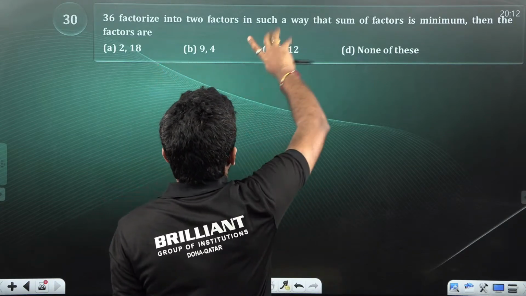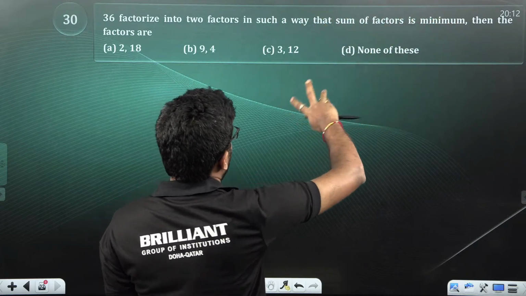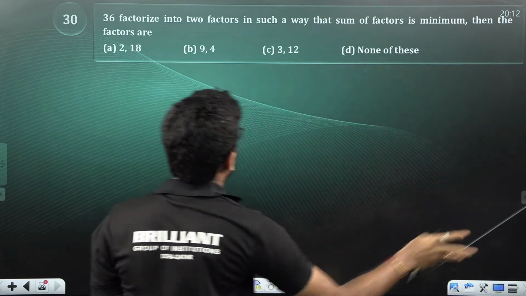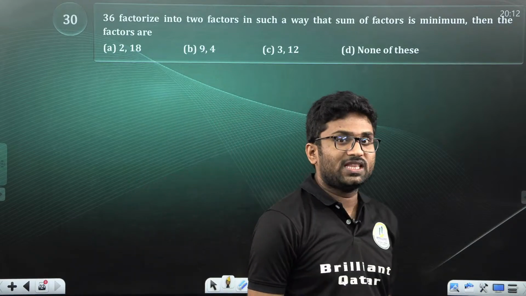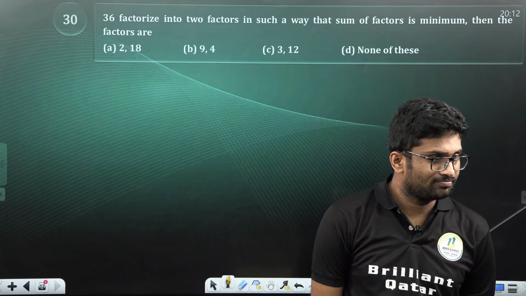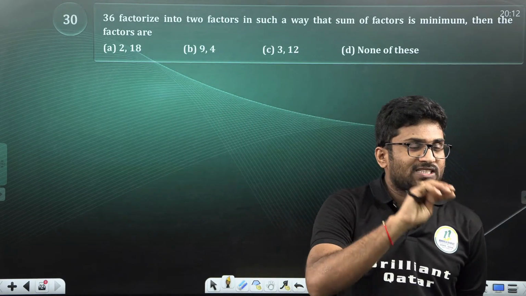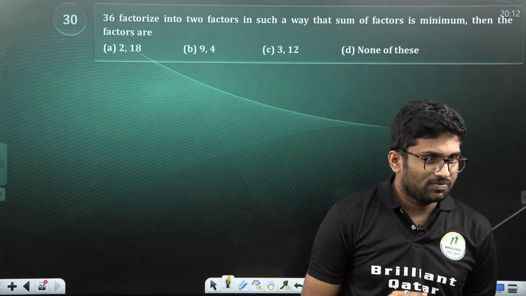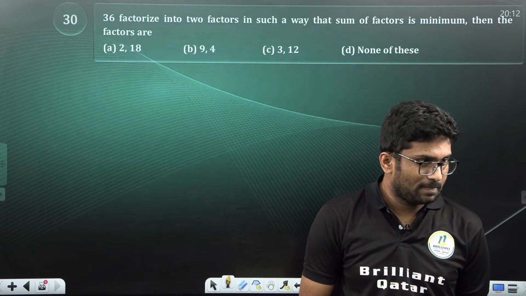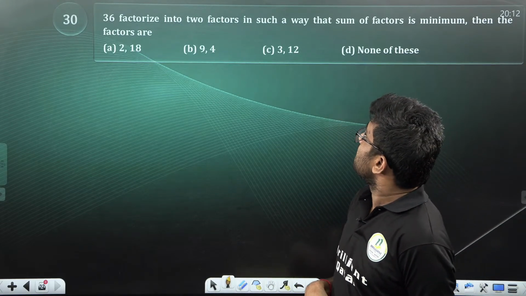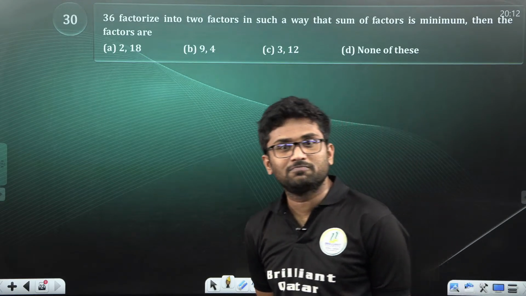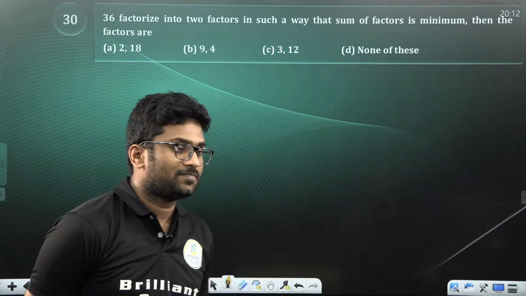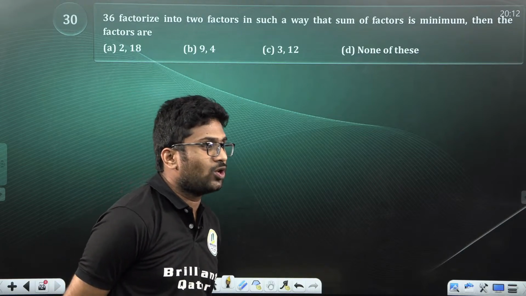36 is factorized into 2 factors in such a way that the sum of the factors is minimum. Then the factors are... Factorize 36 into 2 factors such that the sum of the factors is minimum. Then what can be the factors? Can anyone answer? The sum of the factors is going to be